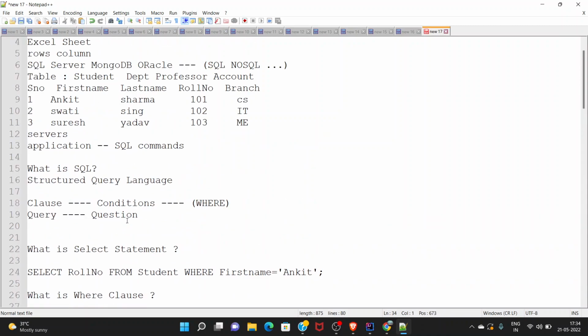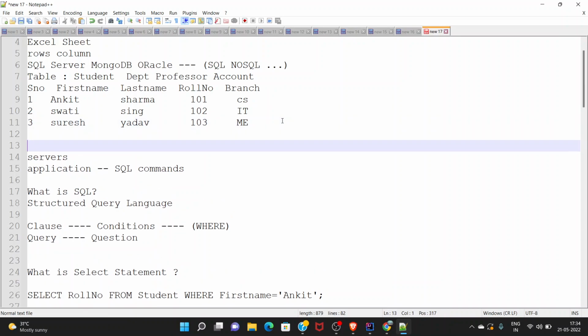It is getting the data out of only a particular table. So this is what a from clause is. Now let's say I have another table wherein the